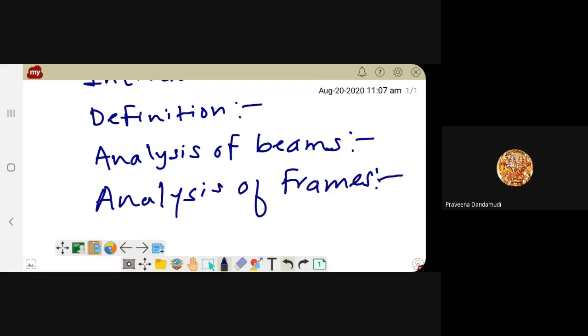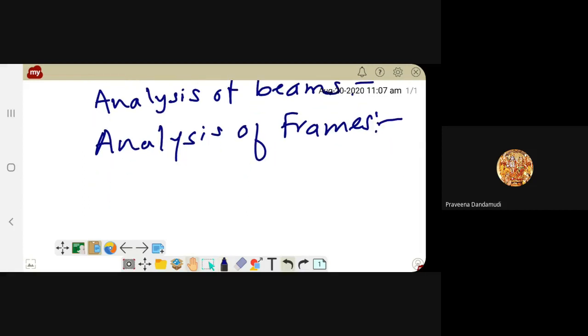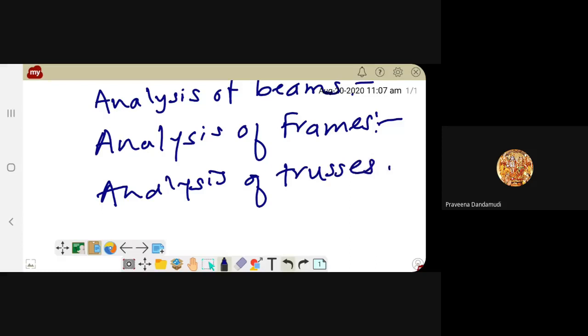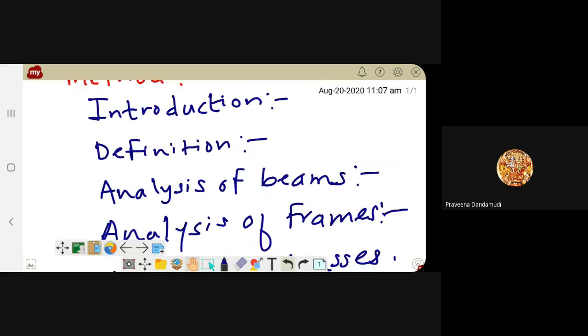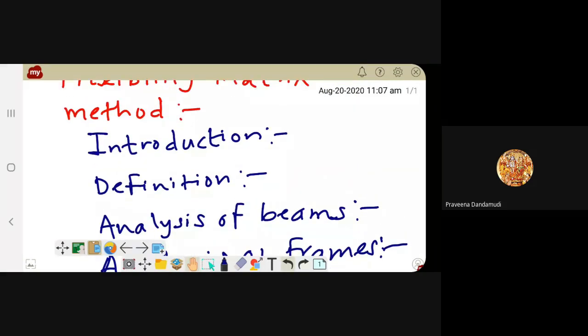analysis of frames, and finally analysis of trusses. So with the help of the flexibility matrix method, we can do the analysis, and we are trying to find out the